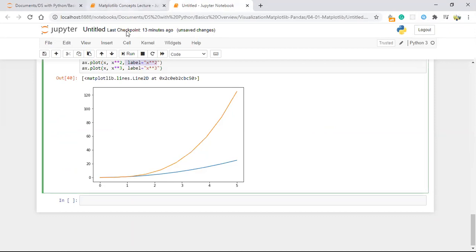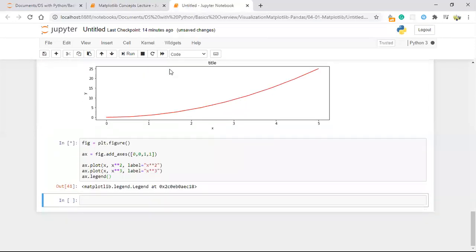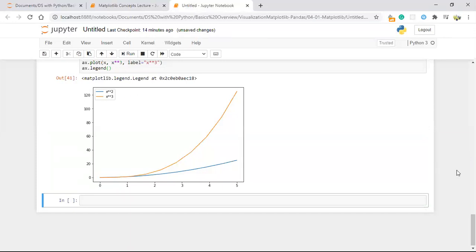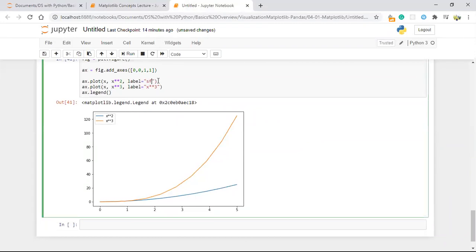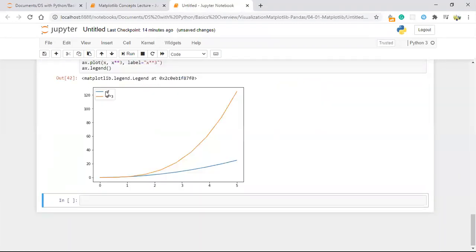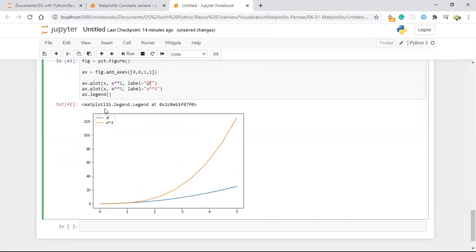The label will work when you add the legend function. See, whatever label we gave here will be replicated here with the help of legend. Like this we can add the labels.